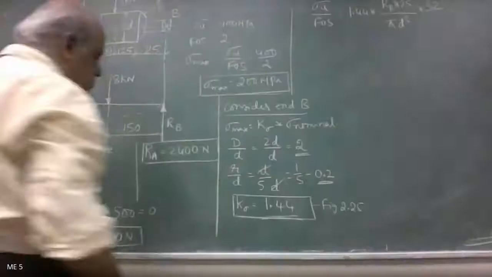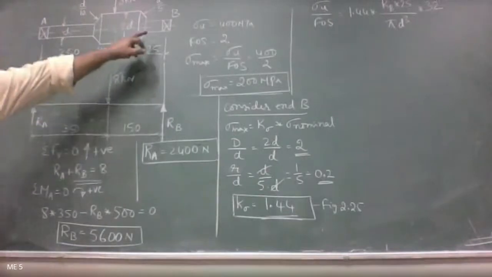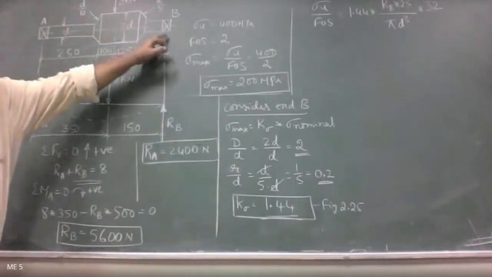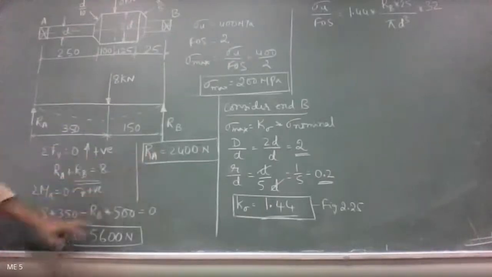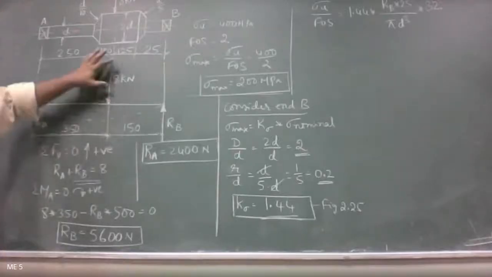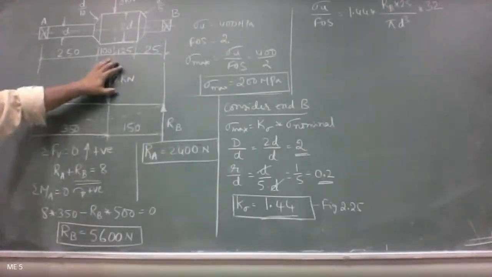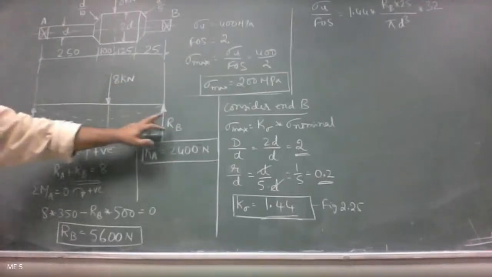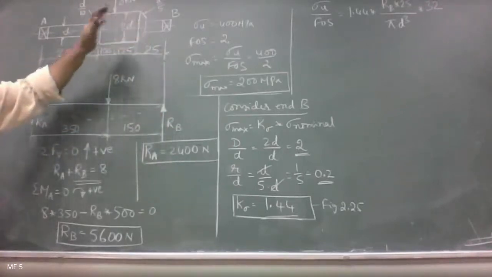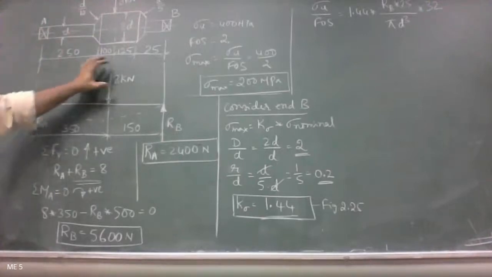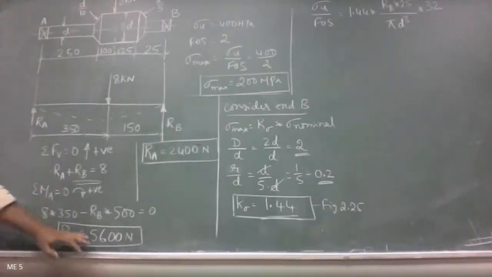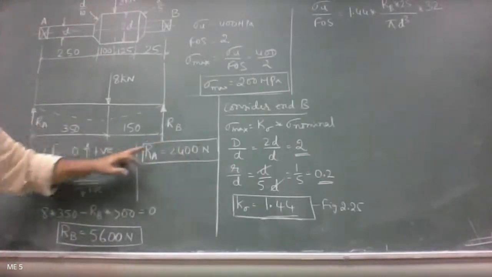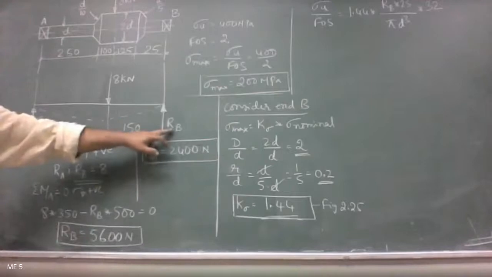What about 8 kilonewton? 8 kilonewton, we won't consider that. No. 8 kilonewton is distributed or taken up by bearings A and B. How much they have taken is obtained by reactions RA and RB. So we have only two forces as of now. This 8 kilonewton is distributed to two bearings. But essentially, the job of bearing is to absorb these loads only. So this 8 kilonewton, bearing A has taken up 2,400 Newton, and bearing B has taken up 5,600 Newton.